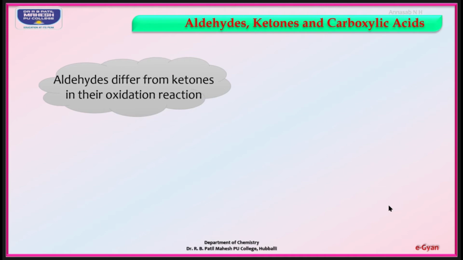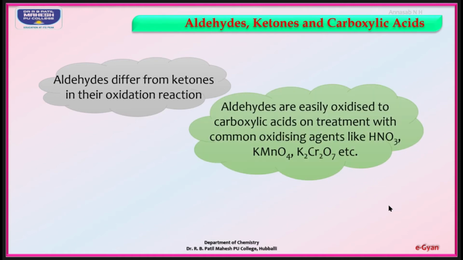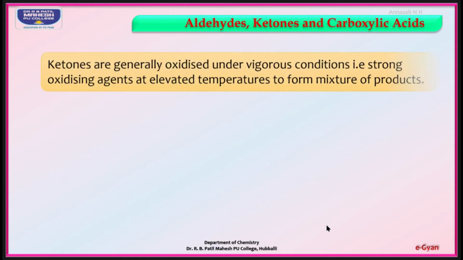Aldehydes are easily oxidized to carboxylic acids on treatment with common oxidizing agents like HNO3, KMnO4, K2Cr2O7, Cr2O3, etc. Example, RCHO, which on oxidation gives RCOOH. Aldehydes are oxidized to carboxylic acids, whereas ketones are generally oxidized under vigorous conditions, that is, strong oxidizing agents at elevated temperature, to form a mixture of